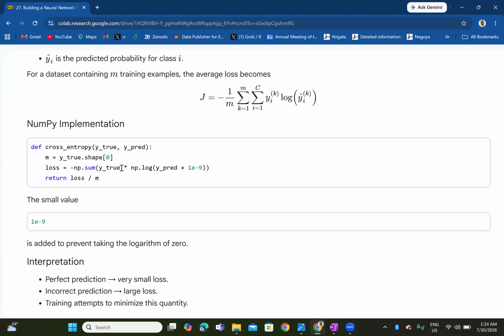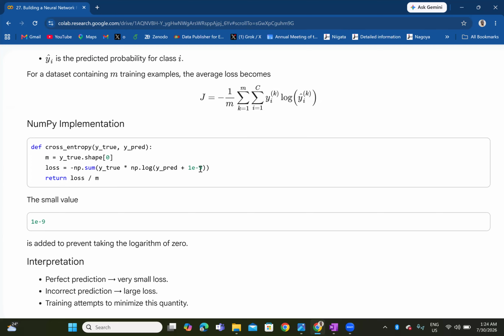So you define the cross entropy, you have the true value of y and the predicted value of y, and you have m now, which is y true shape 0, the number of training examples you have, and then you compute the loss based on the formula. But here you discover that instead of just having log y, we have log of y pred plus 10 raised to minus 9, just a very tiny value like that, and then you return the loss over m. This small value is added to prevent taking the logarithm of 0. So if y pred is 0, for instance, this small value will make sure that you don't end up